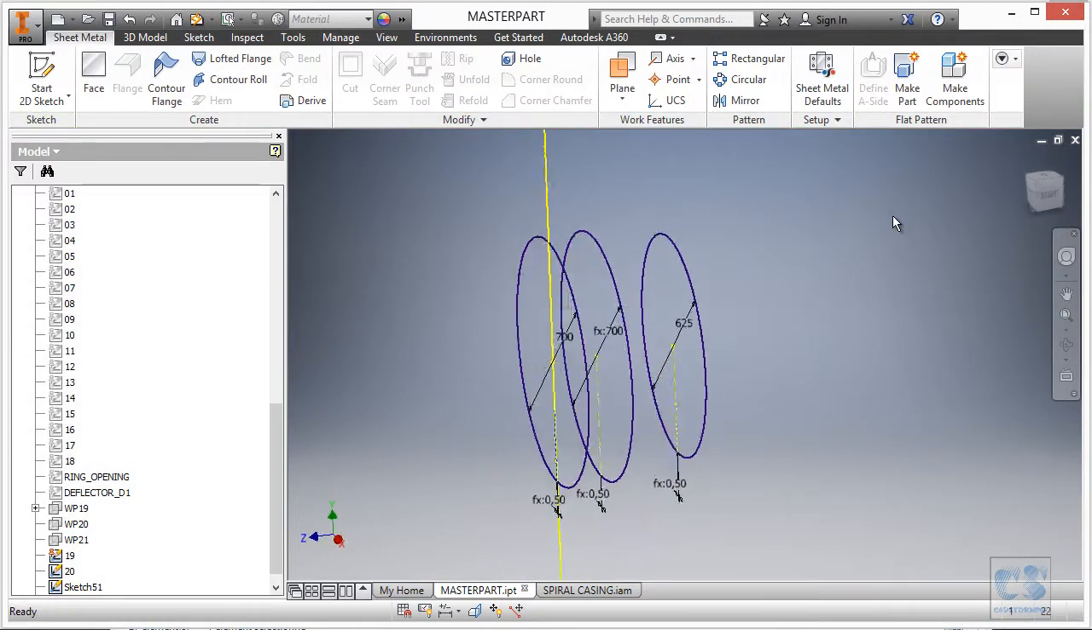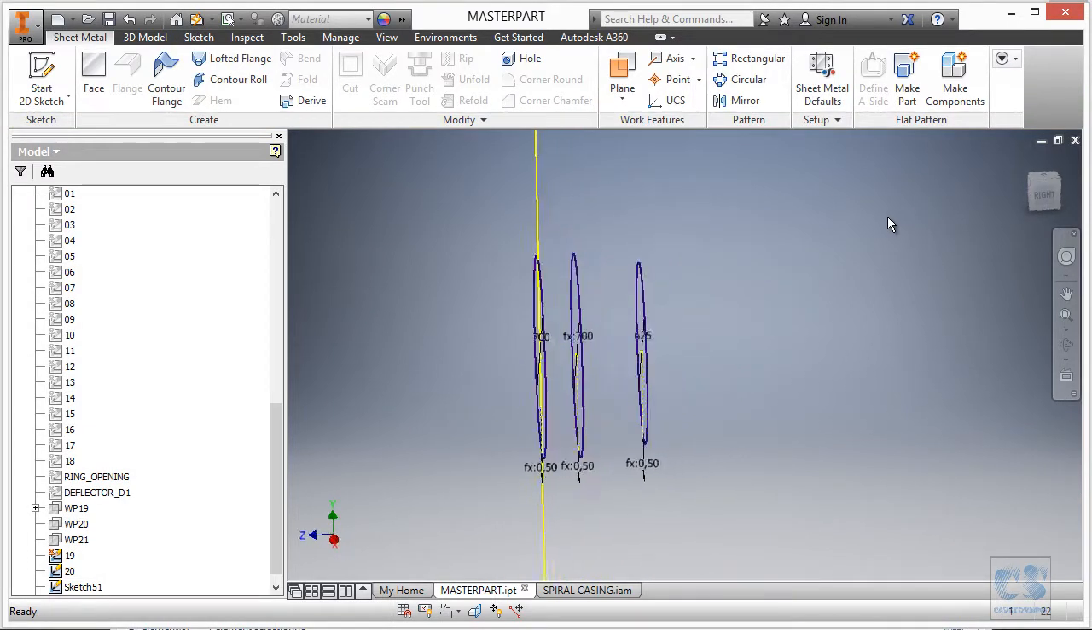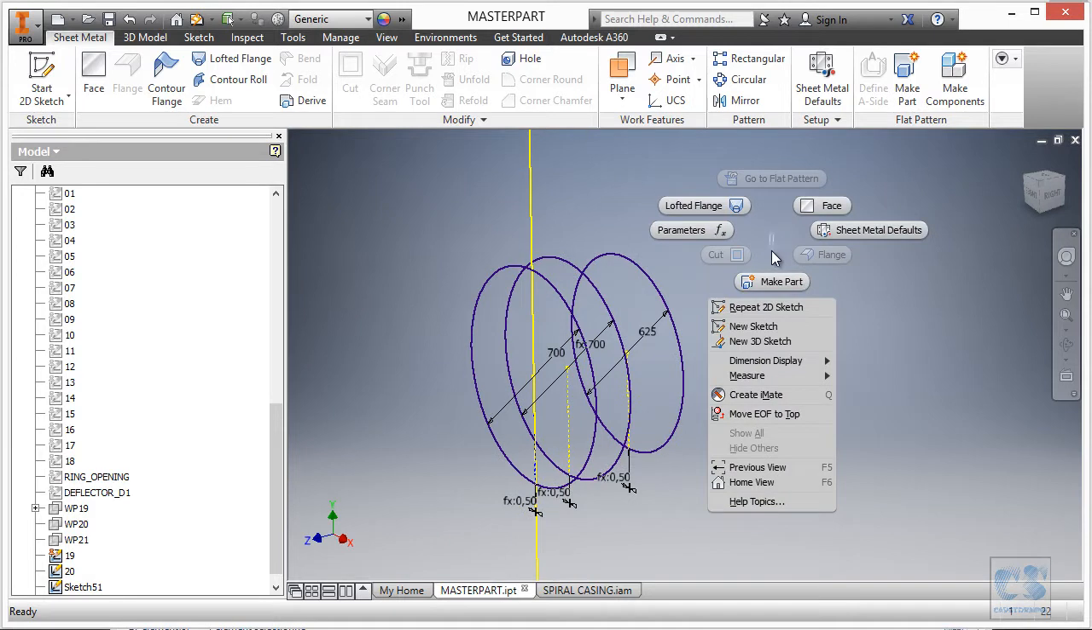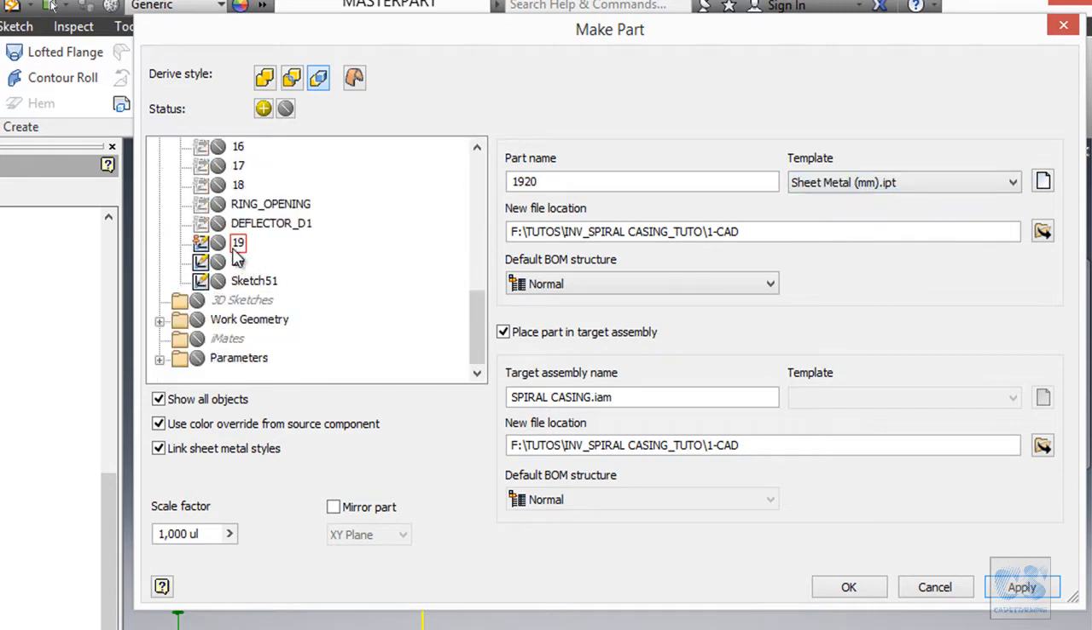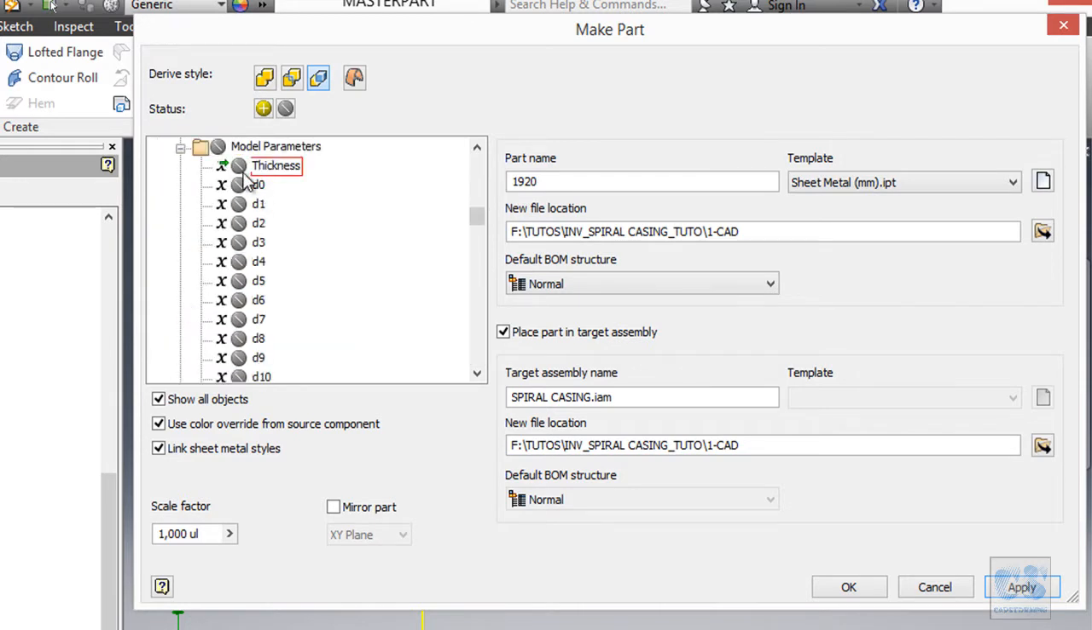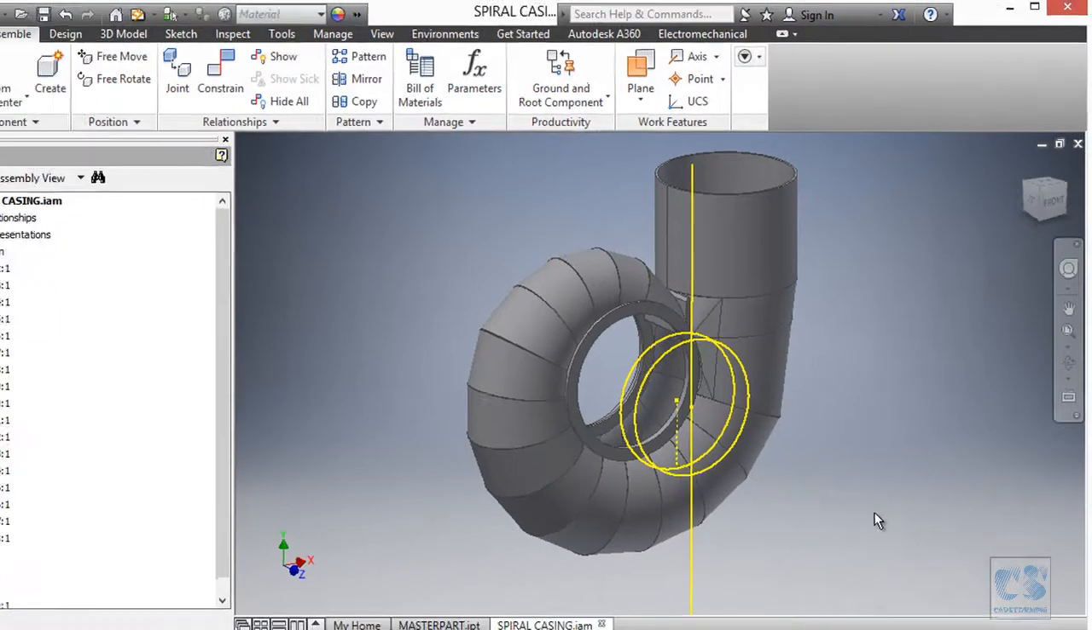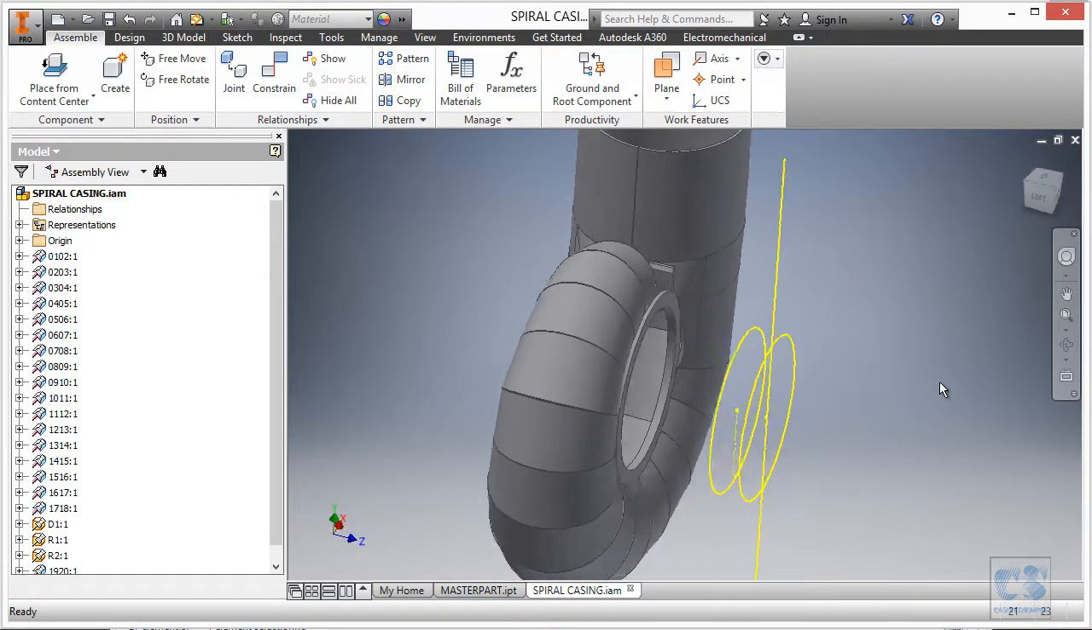Okay, now that we have the 3 sketches in place, we can invoke the make part tool, and we will create the first component, which is 19 to 20, and we will be using the sheet metal template. We will select these 2 sketches, and the thickness will be our model parameter, then okay, and we are directly